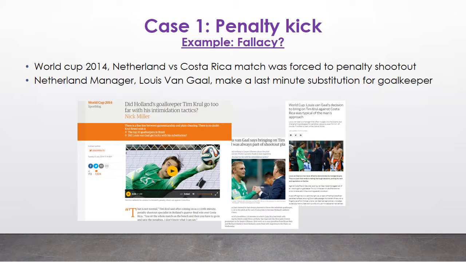Another unique case occurred in the last World Cup in 2014. The match between Netherlands and Costa Rica ended in a draw. Surprisingly, right before the penalty shootout, the Netherlands manager made an unusual substitution. He changed the goalkeeper only for the sake of saving the penalty, and apparently it worked out in the end, securing a spot in the semi-final for the country. It went viral in the media the next day.